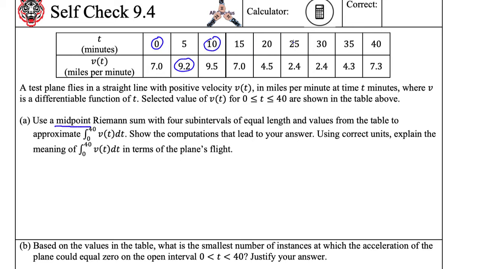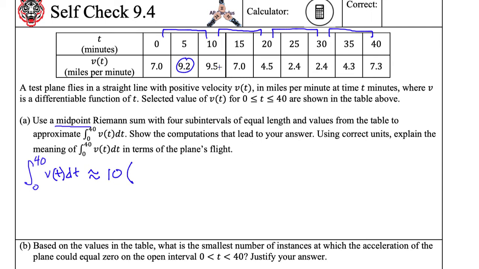And notice that each of these intervals is the same thing. So I'm going to kind of skip some work here. Each of these intervals is always 10, 10, 10, 10. So those are our 4 intervals that we're talking about. So for this integral from 0 to 40 of v of t, this velocity of t dt, this is going to be approximated by 10, I'm factoring that out, times the